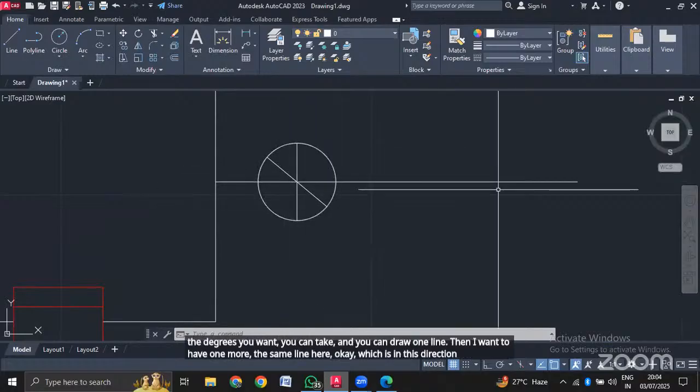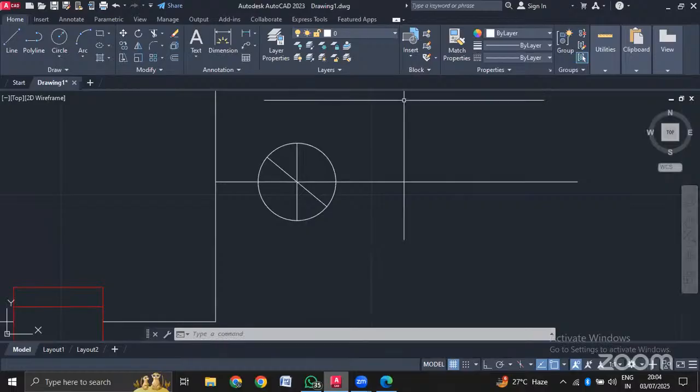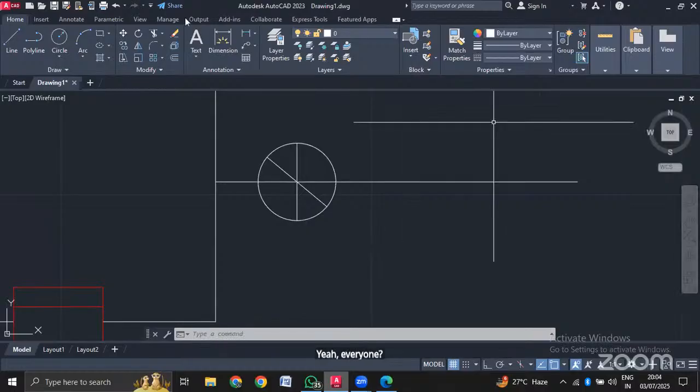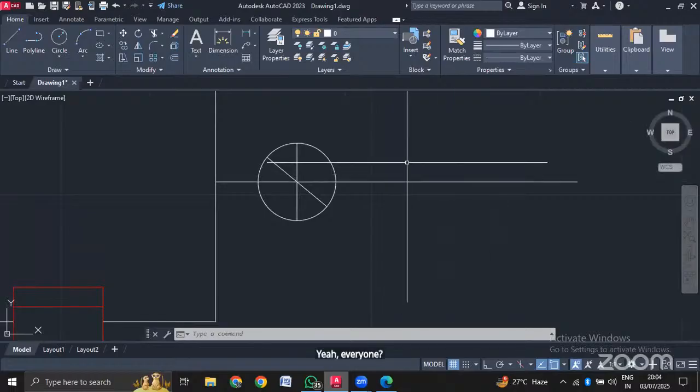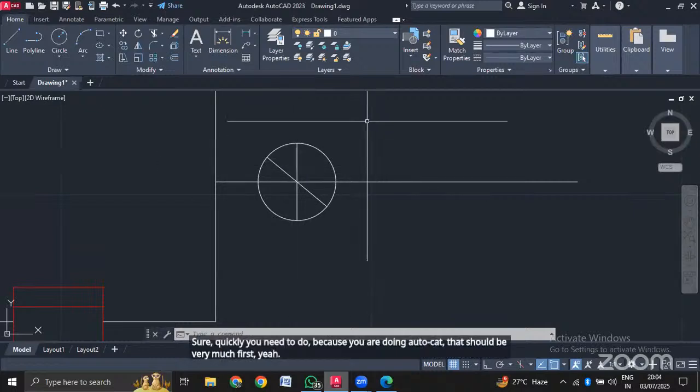How can I do it? Yeah, everyone, quickly you need to do this because you are doing AutoCAD. That should be very much fast. Yeah. Okay. MI,